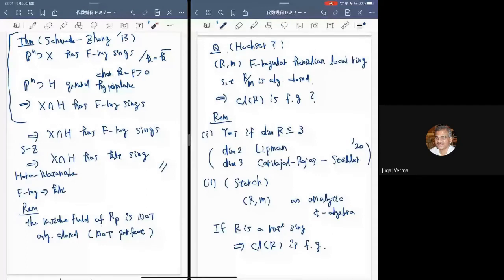So in this question I assume the ring is F-regular, but maybe F-rationality is enough. I just don't know. Anyway, F-regular or F-rational, I don't know the answer. So that is my question. If you know anything about this conjecture, this question, please let me know. I'm very interested in this question. Okay, thank you very much. Let me stop here.